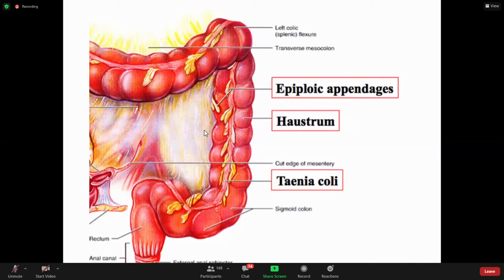So these three characteristic features are there, and with the help of these characteristic features, you can differentiate between small and large intestine in a gross way. Other than that, you have certain differences which are mentioned in your books also. Few of them are histological differences, and these three differences are basically gross morphological, and why and how they are forming, I tried to explain that.